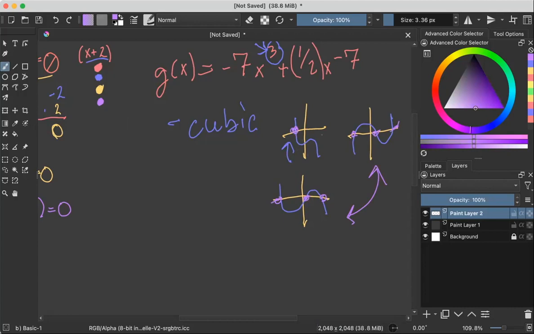Alright. So we also need to look at the leading coefficient. Over here, our leading coefficient for this equation is negative 7. So it'd be written like this. And that is a point of contact on the y-axis. The y-intercept is the point where the graph intercepts the y-axis. In this case, the intercept is 0, negative 7, meaning